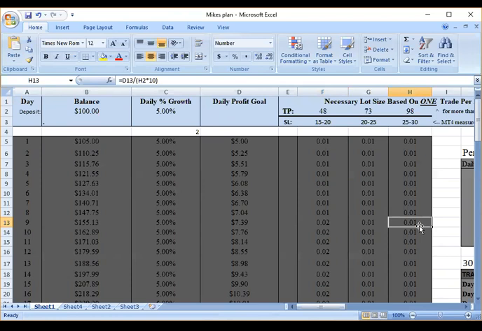That does not make sense, right? Think about if you have a higher lot size, a 0.02, you're now risking 40% of your account. If you have a 0.03, you're risking 60% of your account. You have a 0.04, you're risking 80% of your account. You'll have a 0.05. Guess what? By the time you reach 0.03 and any one of those trades go in the opposite direction, you're going to